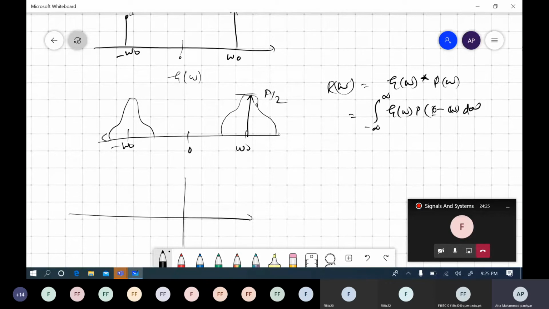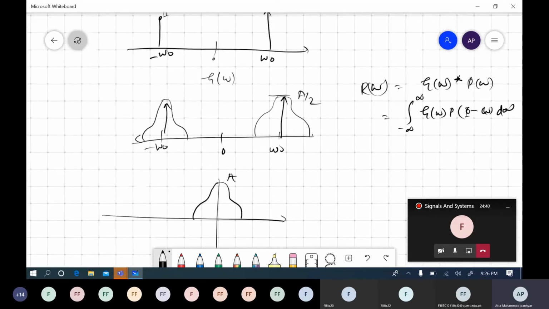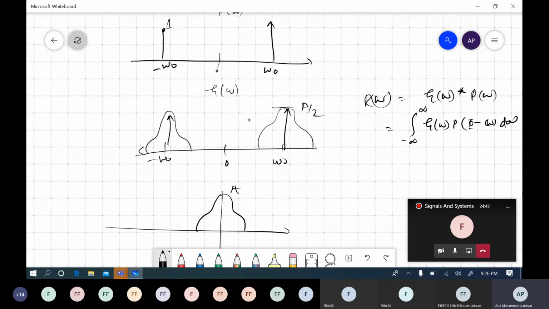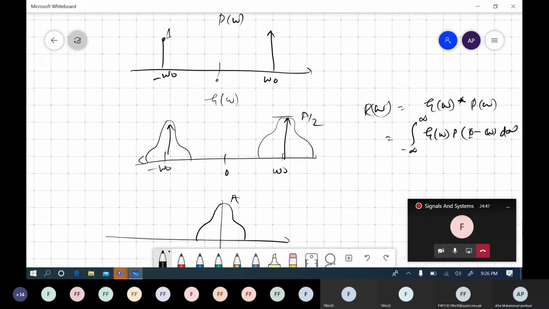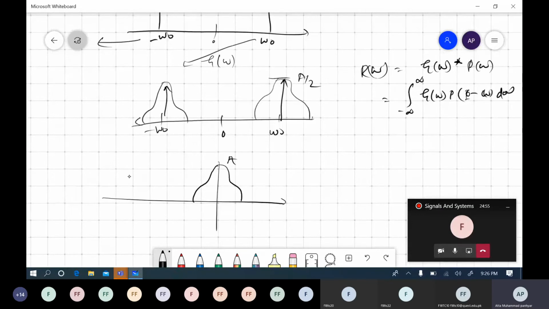For example, at this value, these impulses will be multiplied. If you shift them, the copies will be duplicated. So at the origin, two copies of these signals must be added together. So a by 2 plus a by 2 is again a, right? Now if you keep on shifting this signal to this side, this impulse goes in this direction, and this impulse comes here, and when it is multiplied here, we get only a by 2 signal with a by 2 amplitude, right?